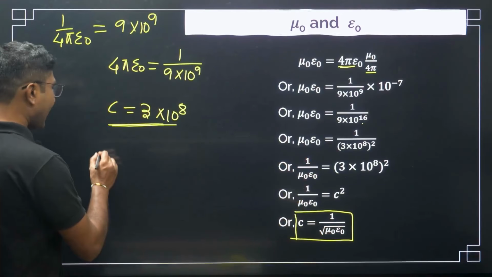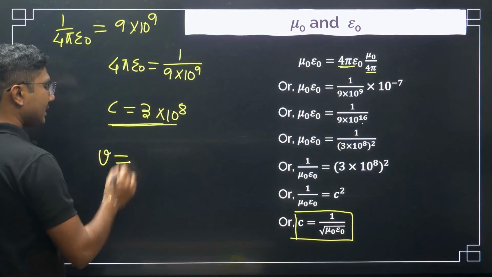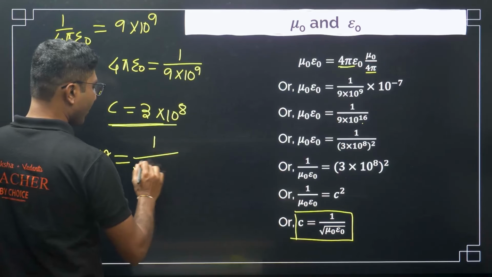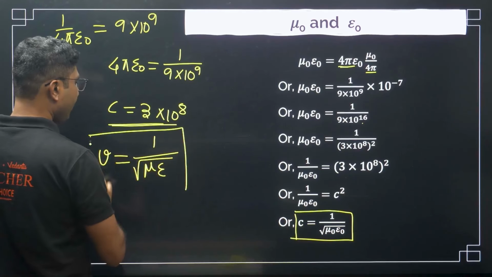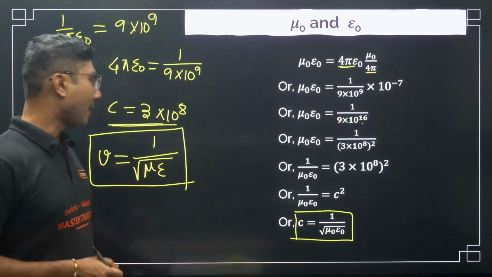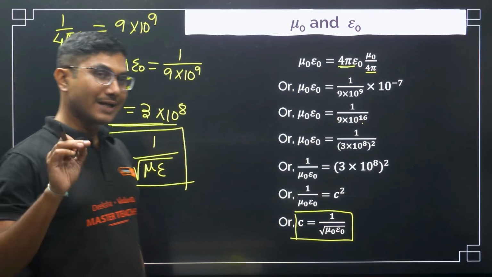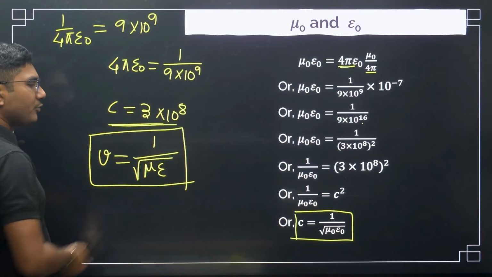Now, the speed of light in any other medium is given by 1 by square root of mu into epsilon. Here mu means the permeability of that particular medium, and epsilon is the permittivity of that same medium, right? So that's why you can see that if you put the values of mu naught and epsilon naught